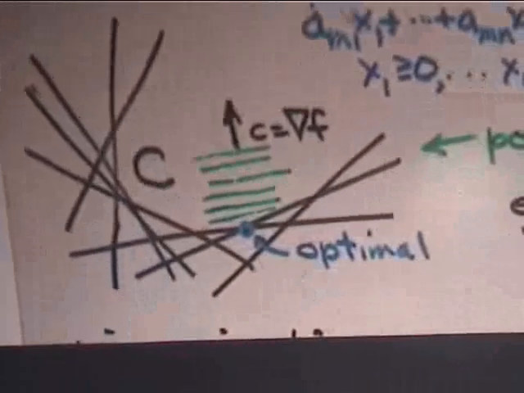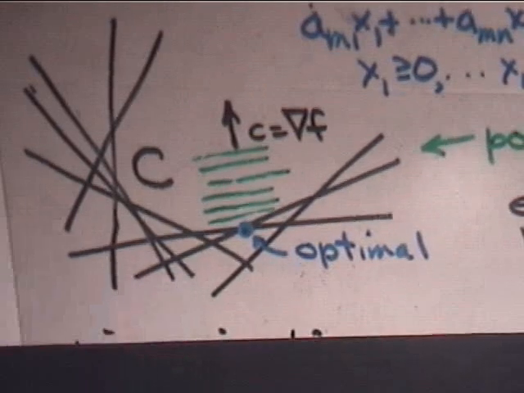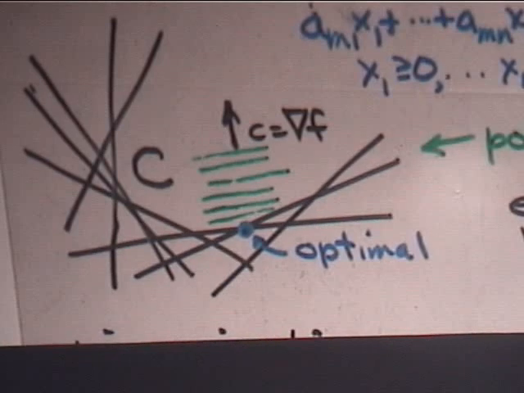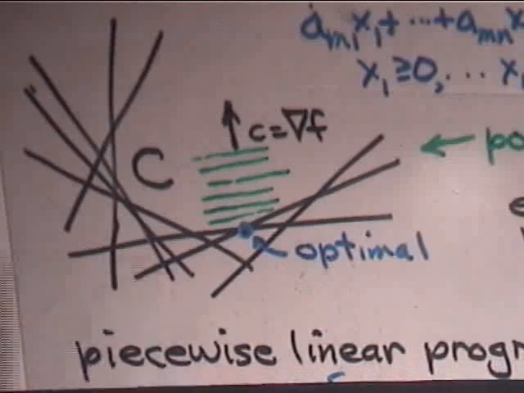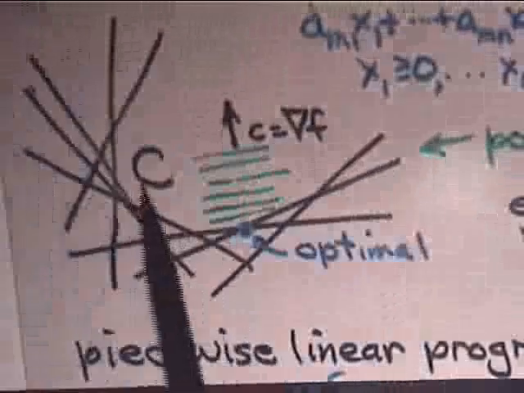So here you see a mapping which is set valued: the mapping from c to the optimal solution. Set valued? Well, it's single valued at most places, but it's not a single valued mapping. It's definitely set valued because of these things that can happen. Of course, this is just a small picture in 2 dimensions. More complicated things can happen in higher dimensions. And of course, there are other things that could happen with parameters, as you shift these other things. Maybe these constraints are tilting or moving in and out, so they could have various effects on this.